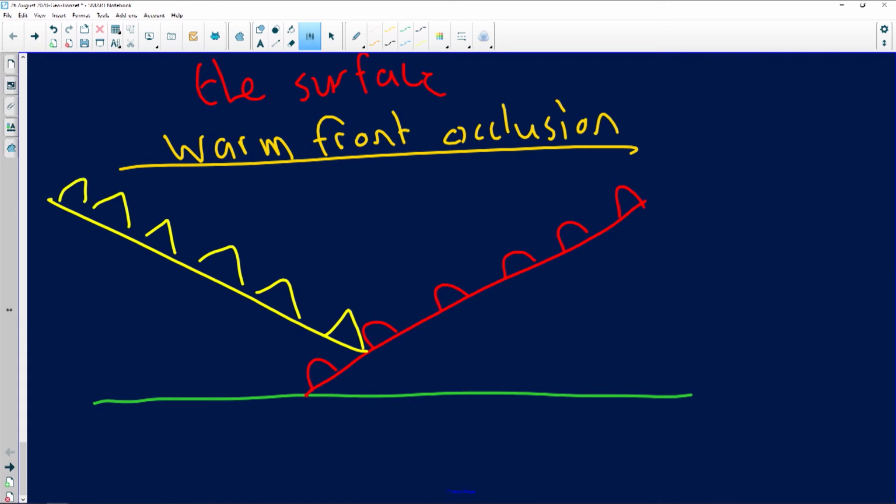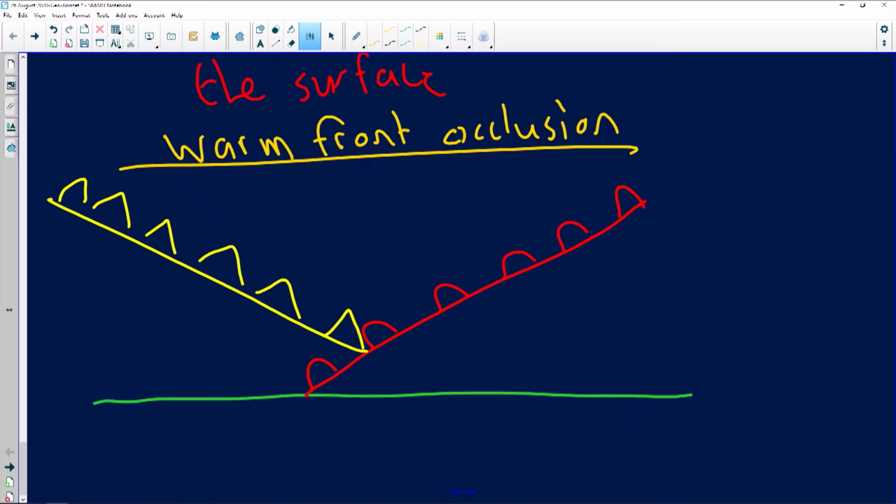Now, once again, repeating myself over here, it's an occlusion stage. That cold front has caught up with the warm front, displaced all of the warm air. Okay. Now, with a warm front occlusion, the warm front attaches itself to the surface, as you can see on my